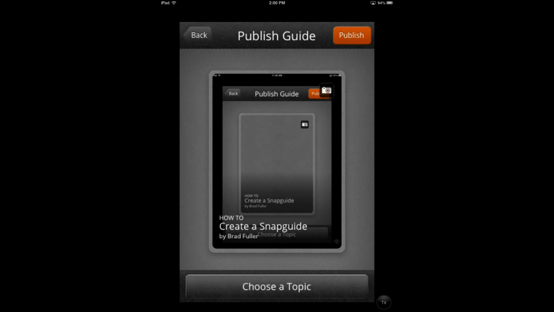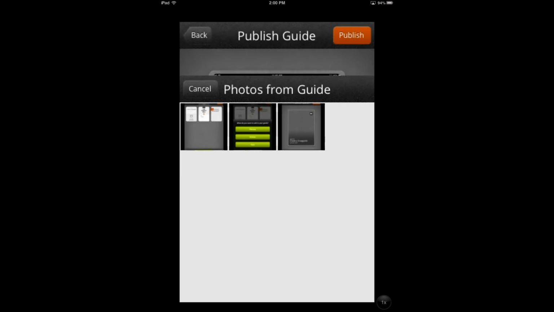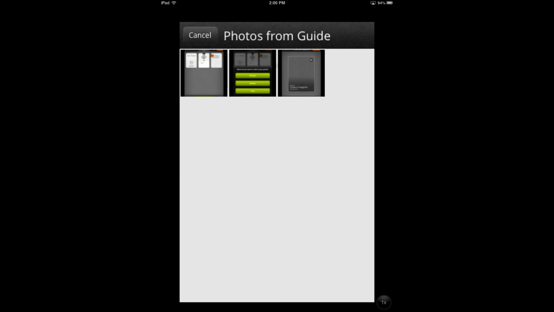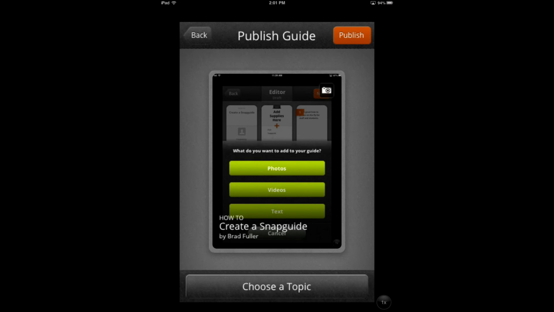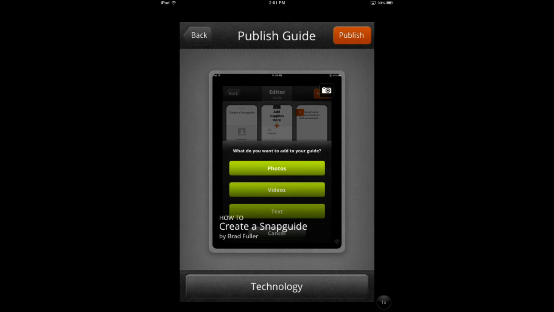All we need is a cool cover. So I'm going to tap the camera icon, and we have a number of choices, but I'm going to choose a picture from the very guide that we've just made. I like that photo because I think it sums up what one does. Let's choose a topic from the bottom, and this is a technology Snapguide, and we're ready to publish, so tap